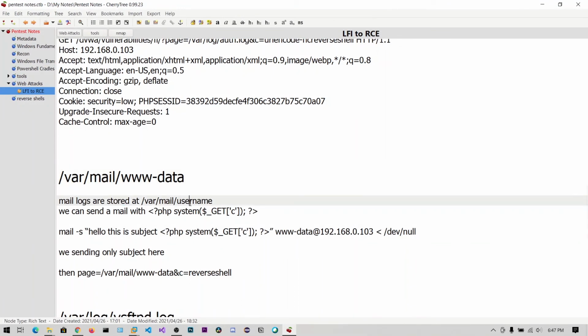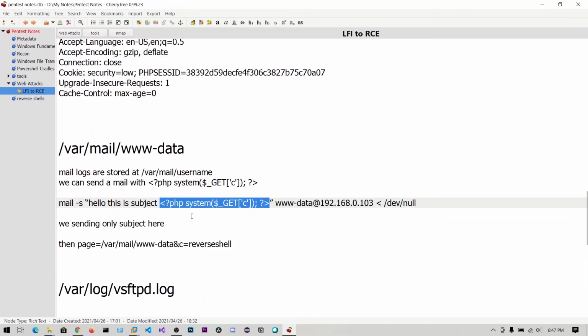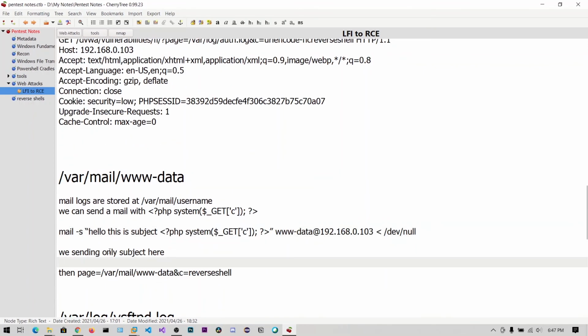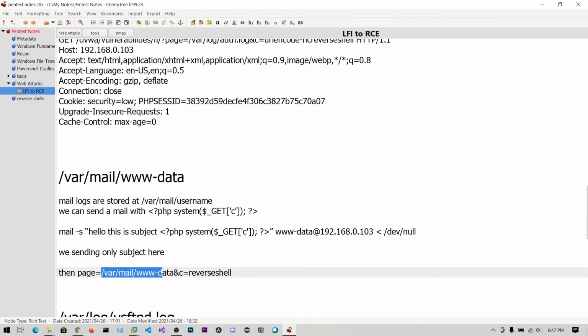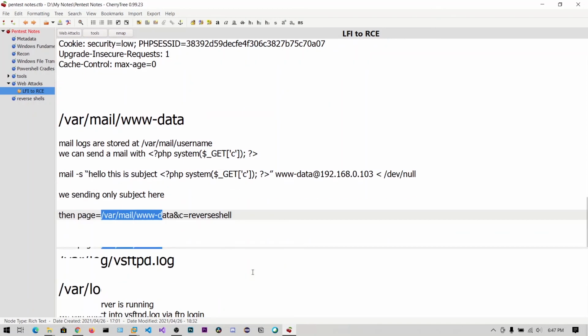Generally the username will be www-data. You can send this using the mail command, mail subject, and instead of this subject you can send this php system command, and after that you can just go to the URL and go to this mail, mail username, c and reversal.